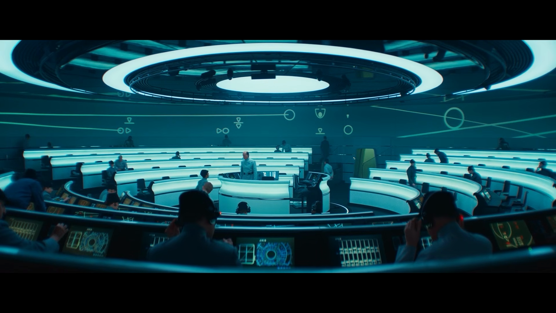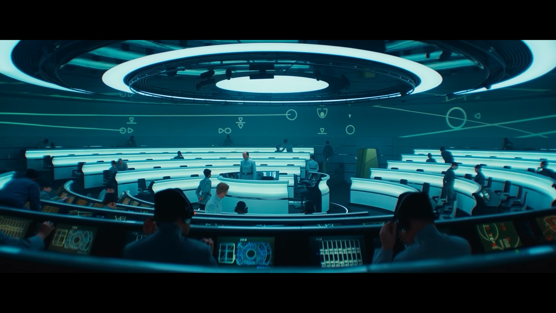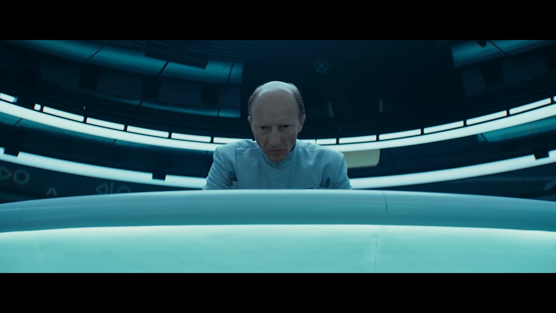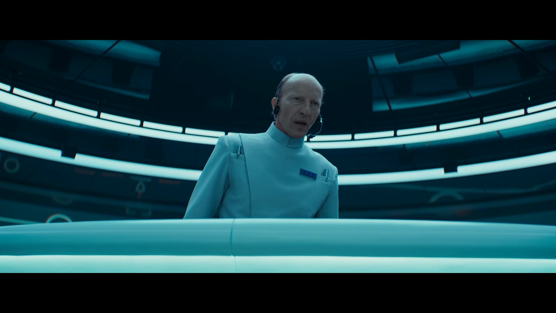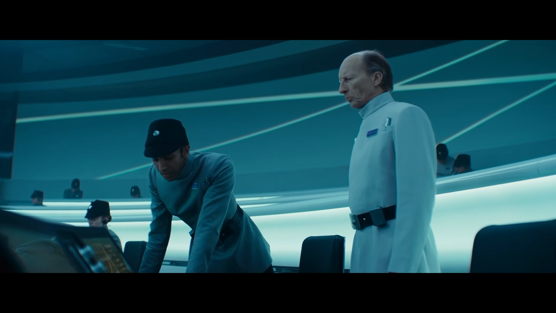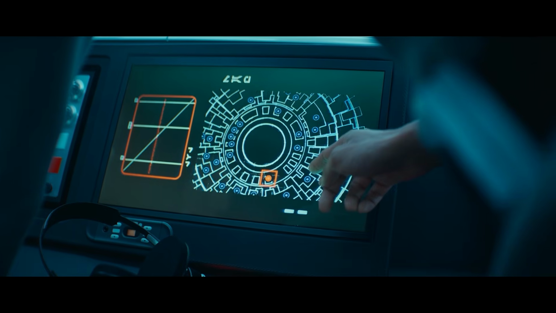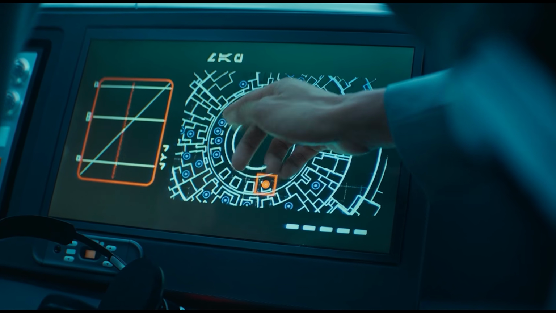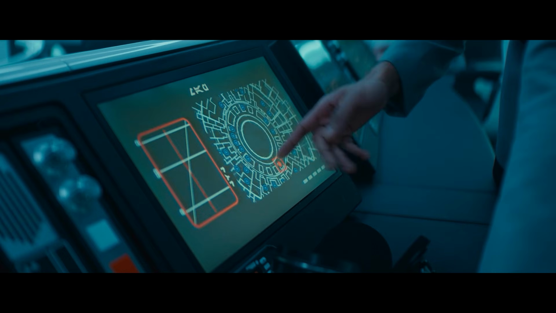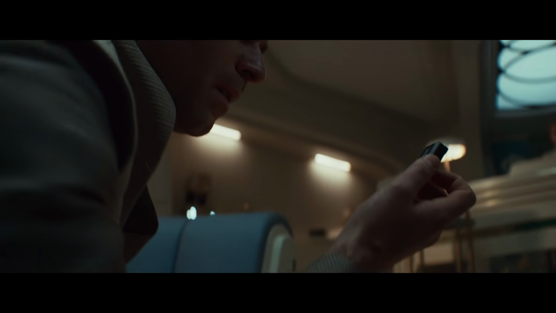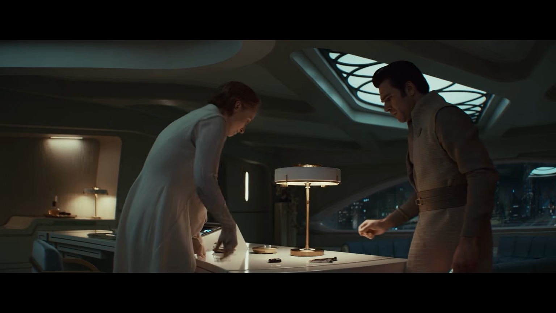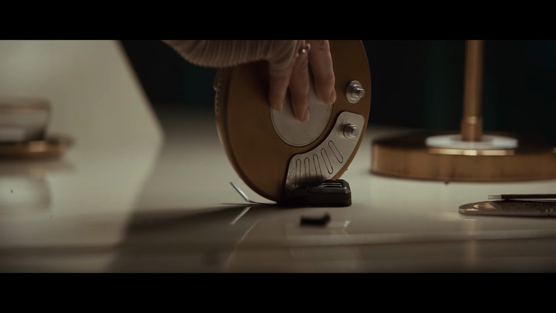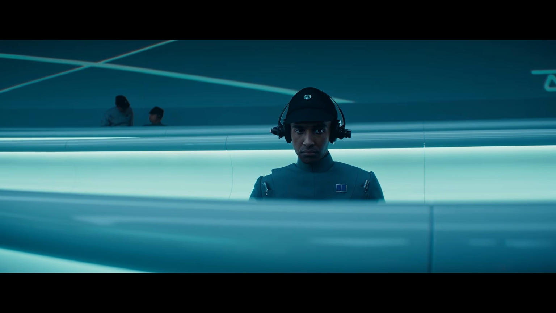There's other examples of this in the props and set design. For example, how this ISB operation room where they try to stop Mon from giving her speech sports a cold blue color scheme, or how Mon is represented as a red dot amongst other blue dots on this display of senators the ISB is listening in on. She's represented as a red dot here because she just smashed her listening device. She is heating up, about to show her true colors to the Senate and the Empire.